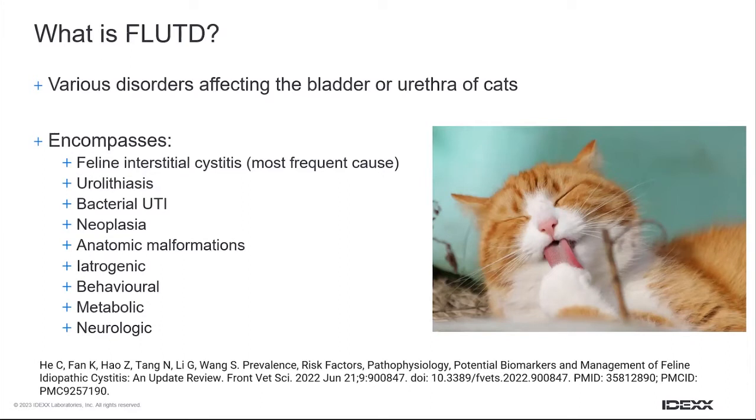So there's a lot of different potential conditions that can come together to produce the same clinical signs. And it's our job as clinicians to make sure we investigate this logically and clearly so that we don't overlook potentially important information and get the wrong diagnosis. So there's a little reference at the bottom of this slide that might be of interest to you if you want more information on FLUTD. So a logical approach is really essential to move forward in any cat presenting with signs of lower urinary tract